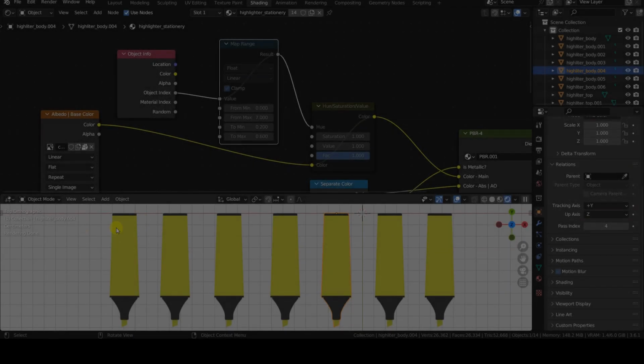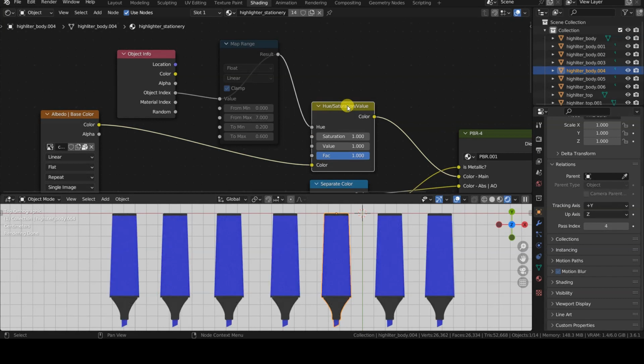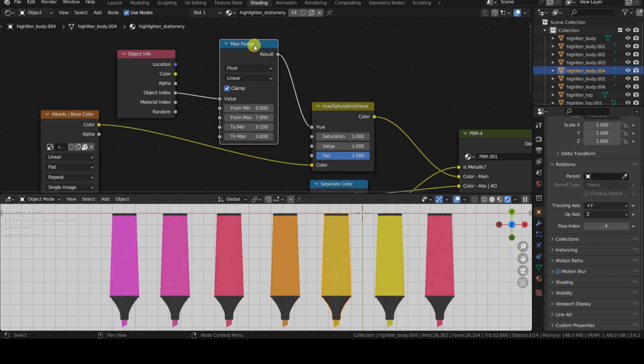Hello everyone. In this tutorial, we'll explore a way to quickly change the hue of a texture on an object, allowing us to create multiple copies with different colors. We will accomplish this without having to modify the original texture image and without having to create additional materials, but by starting with just one material and using the object index field of the different copies. This tutorial was made using Blender version 3.6.